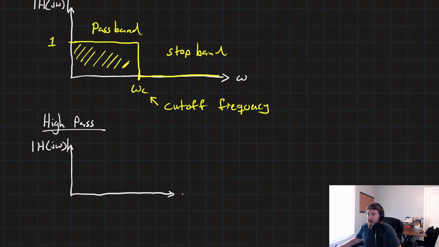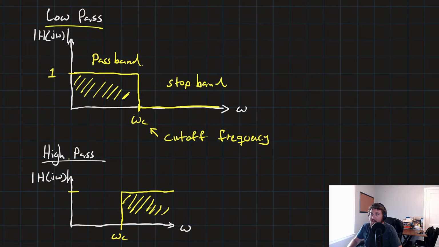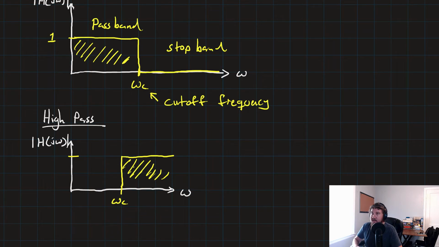This is still omega. Now for a high pass, we only want the higher frequency. So at our cutoff frequency, we'll go from 0 to 1. So whereas a low pass only allows things below the cutoff frequency, a high pass only allows things above the